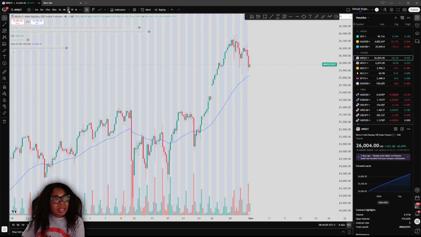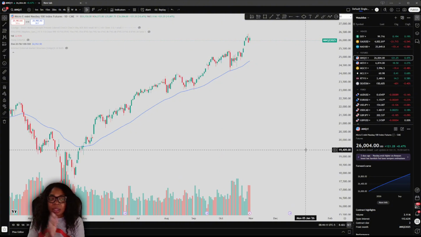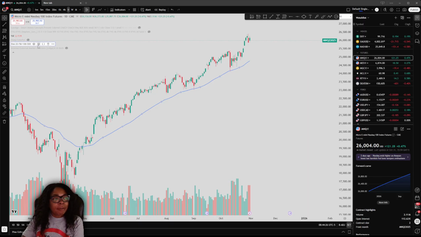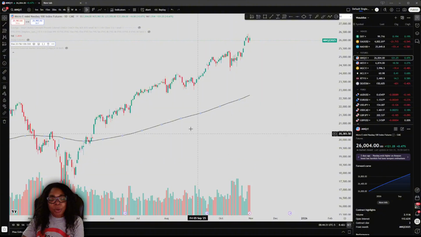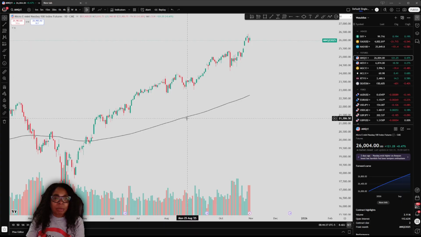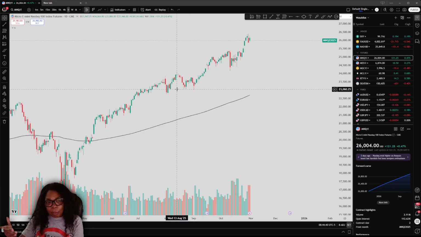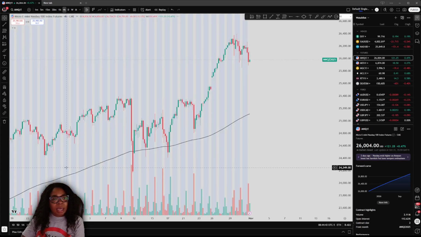But with that being said, on the daily time frame for NASDAQ, the only thing I want to look at is the general bias. Which way are we trending on the larger time frames? For NASDAQ, it's on an uptrend because, as you can see, I have my 50 moving average, and a lot of times on the higher time frame, I'll plot my 200 moving average. But as you can see, my 200 moving average is about the same. So we're trending upwards on NAS,